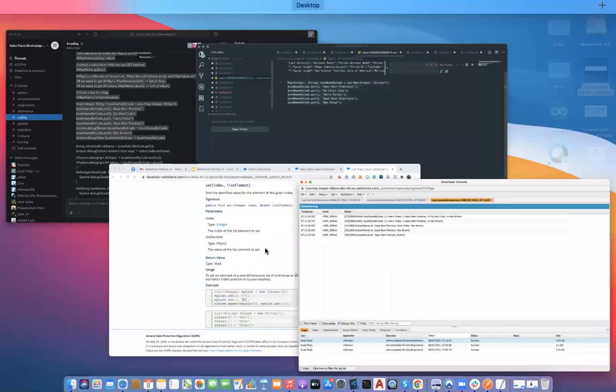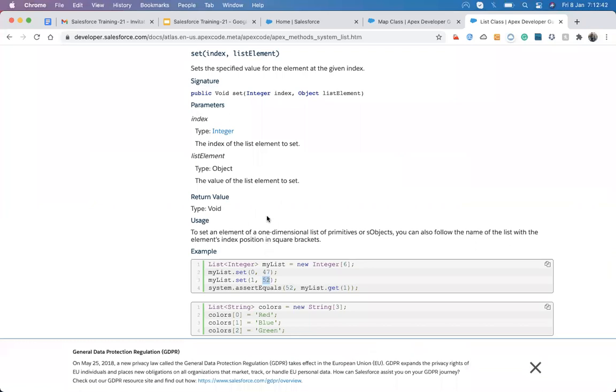So on the basis of index, we can also change the element. If we have such a requirement, then we can use it.